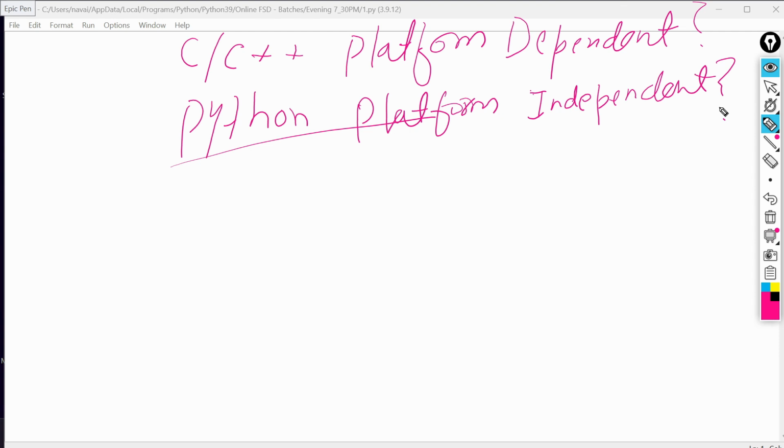Can anyone tell me? It contains libraries where we need to import them. But in C and C++, we have header files for each and every one. Right, header files are similar to libraries, we can say. Header files basically contain the declaration of predefined functions, whereas libraries contain the actual code of your predefined functions. Okay, that is not actually the case, but let me tell you.